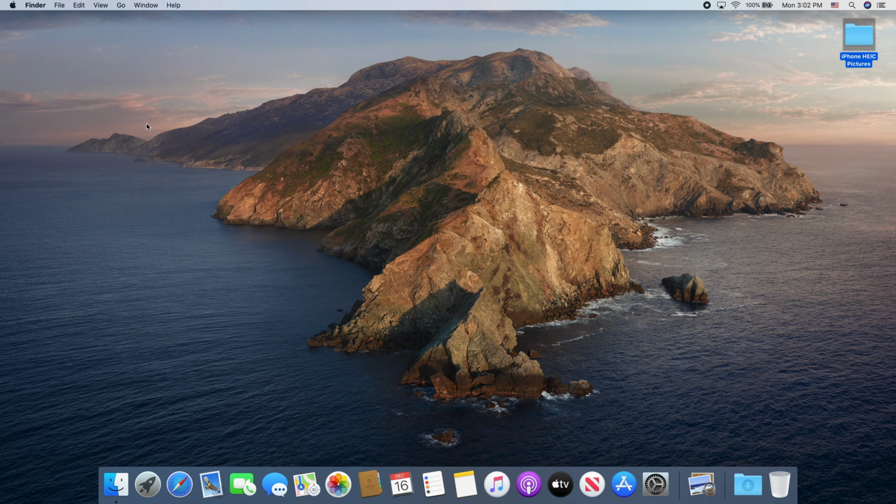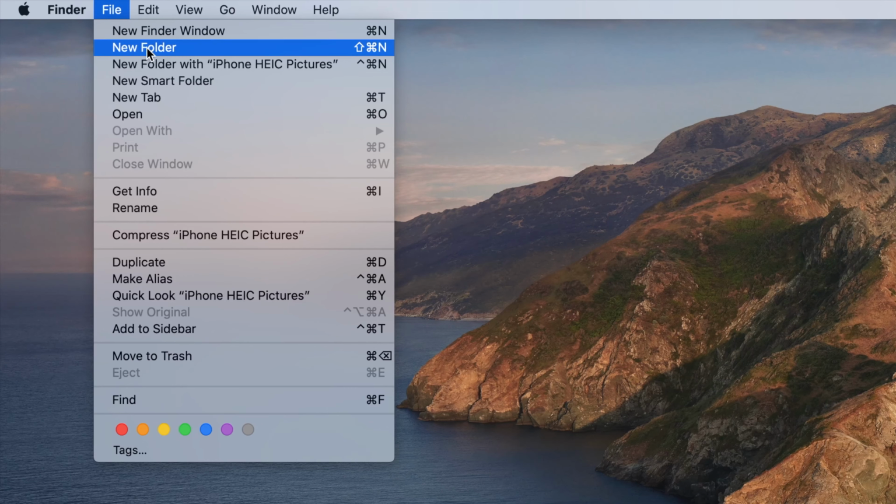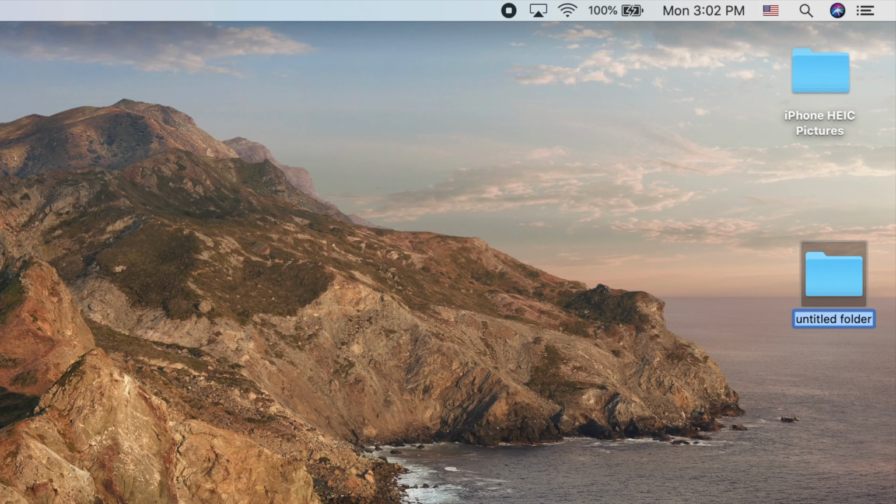To convert multiple pictures to other formats on your Mac, first navigate to the File menu from your desktop and select New Folder. A folder will appear on your desktop and you can then name it whatever you like. For this example, I'm converting my HEIC iPhone pictures to JPEGs, so I named my new folder to reflect the